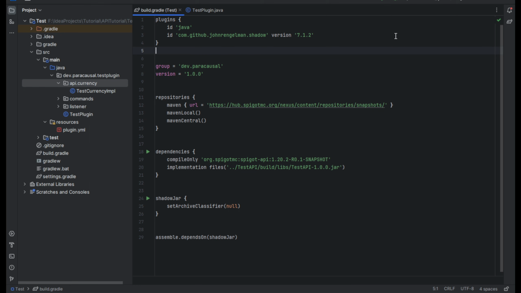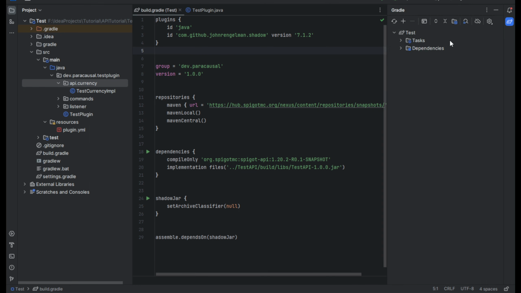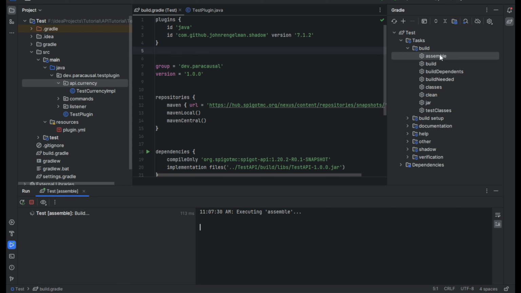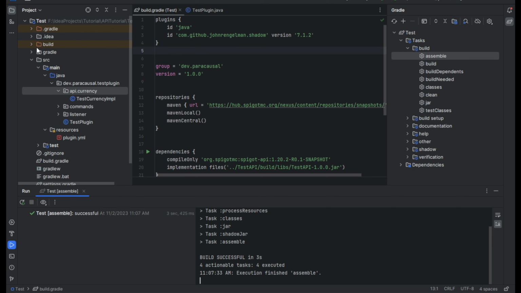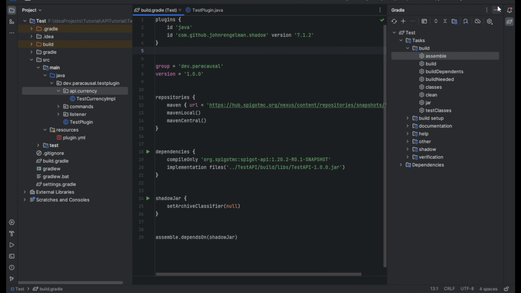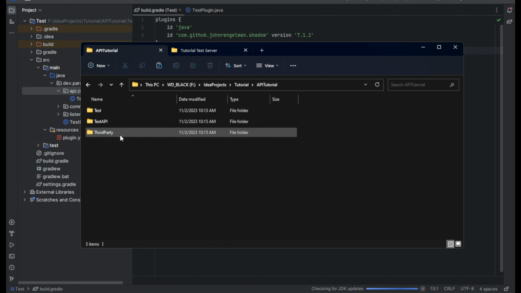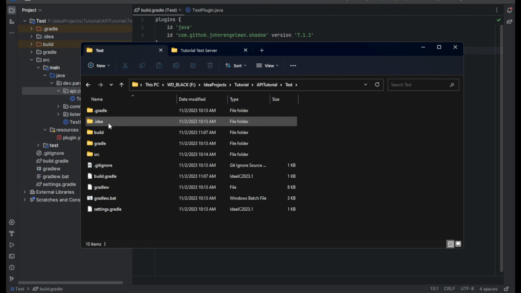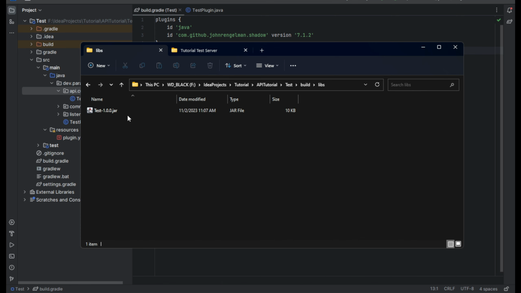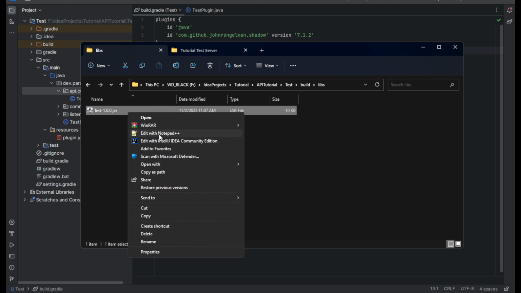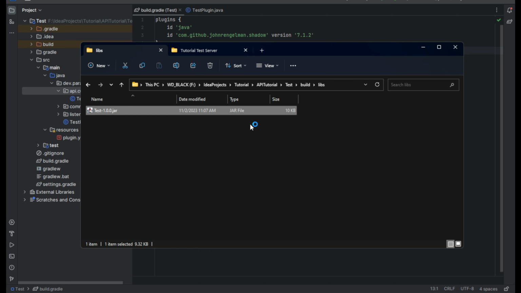And there we go. And now we'll go ahead and run tasks, build, assemble. There we go. So now we can go back to our project folder, go to the main plugins thing, build, libs. Here we go. Here's the project with the implementations, I believe. If we open with WinRAR here,